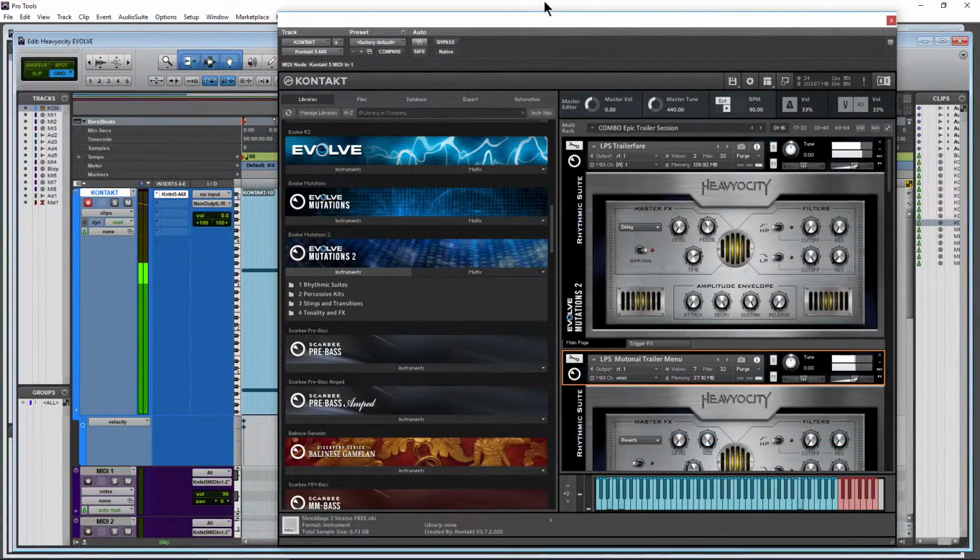All right, let's stop that there. So that is a little bit of Evolve Mutations 2. Now in this video, we're going to go over everything you would find in the manual, but of course this is better than the manual because you'll actually see what everything does. So this will be the only video on Evolve Mutations 2 that you'll actually need to watch, and you'll know